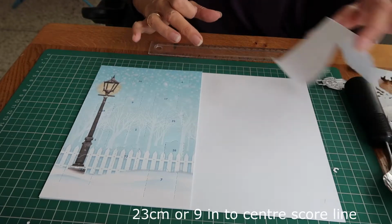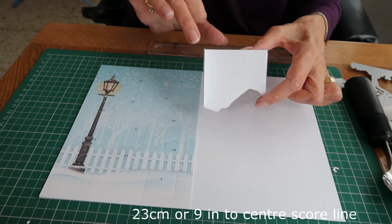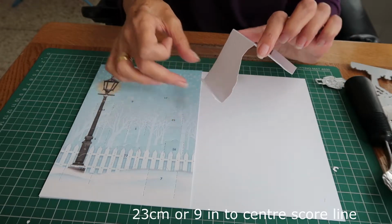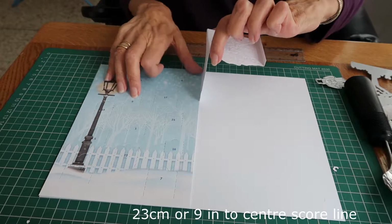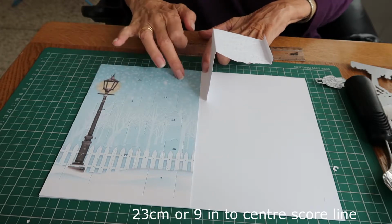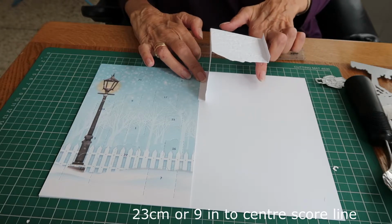Now this decoration is going to be in the centerfold, and this is the longest piece, and it is 7 centimeters long, and then you've got your 1 centimeter border. So you can stick it underneath, but I generally like to have it alongside, just to give an edge, so you've got plenty of room to reach your windows,